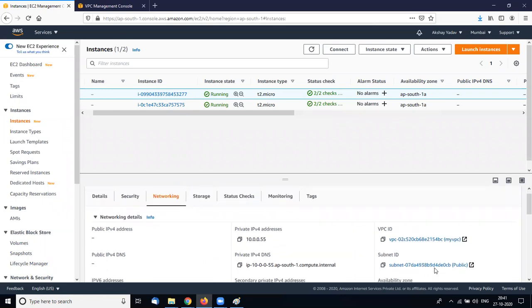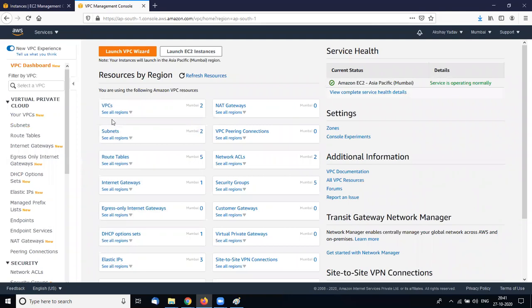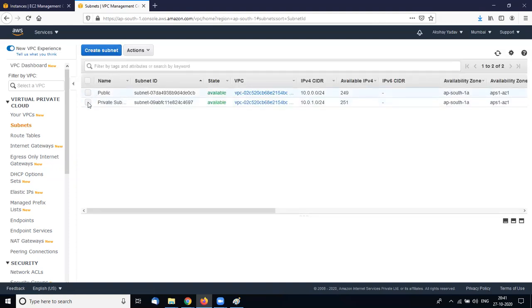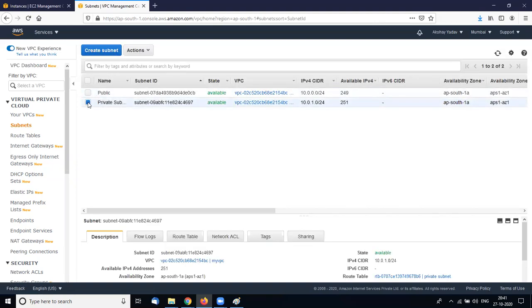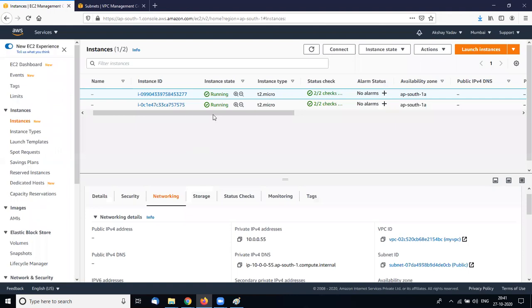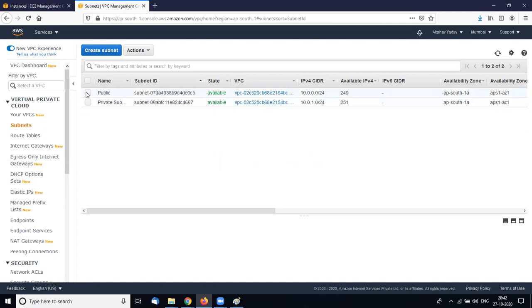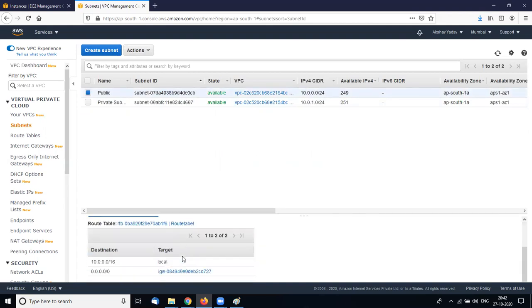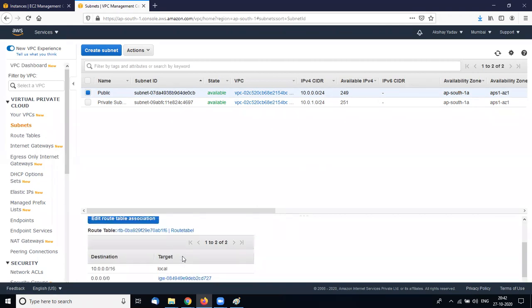The VPC I selected for my VPC, oh, I did not select the default one. Subnets, and here my private IP is 10.0.0.55. That means it will be created in the subnet and route table. As per my route table, it is IGW.